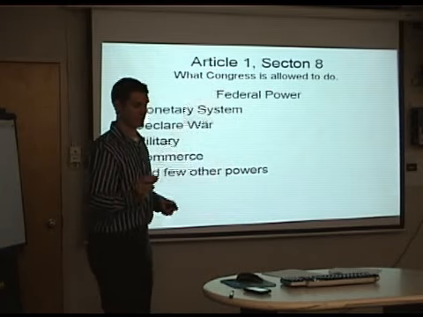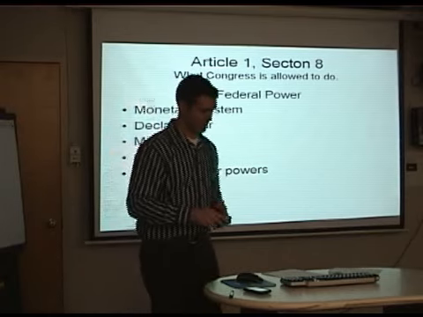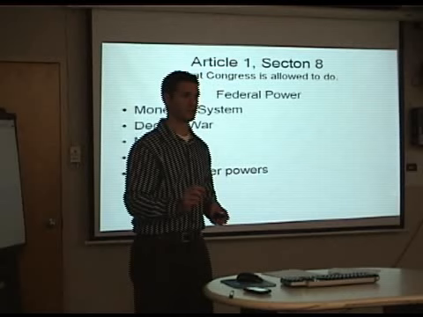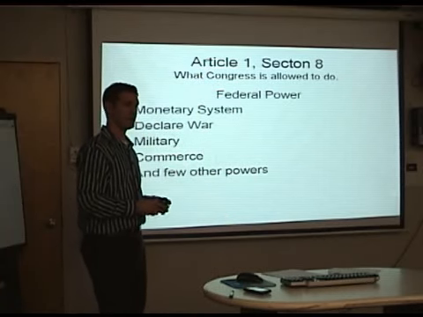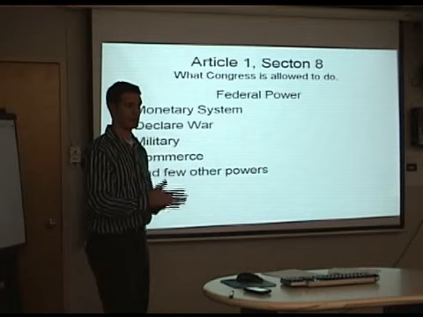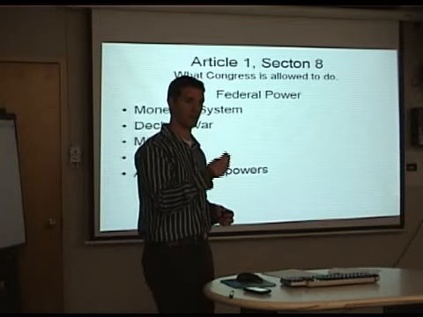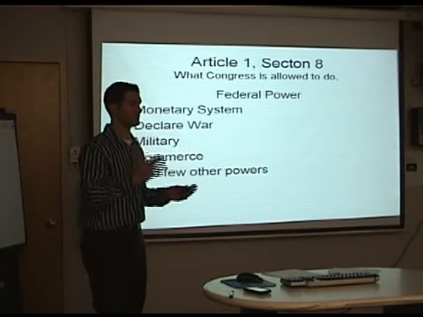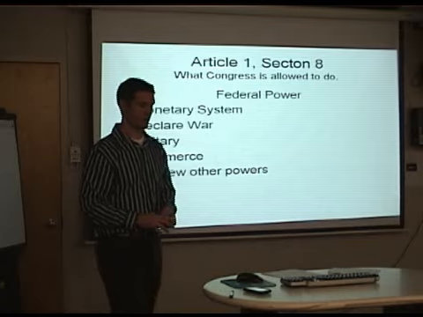Now this is an interesting one. To coin money, regulate the value thereof, and of foreign coin, and very shortly after, fix the standards of weights and measures. Now, back when the Constitution was written, money had weight. Money had a measurement. You could measure its weight in silver and gold. They actually determined it was 379 pieces of fine silver, I believe, was equal to $1. And so they said,